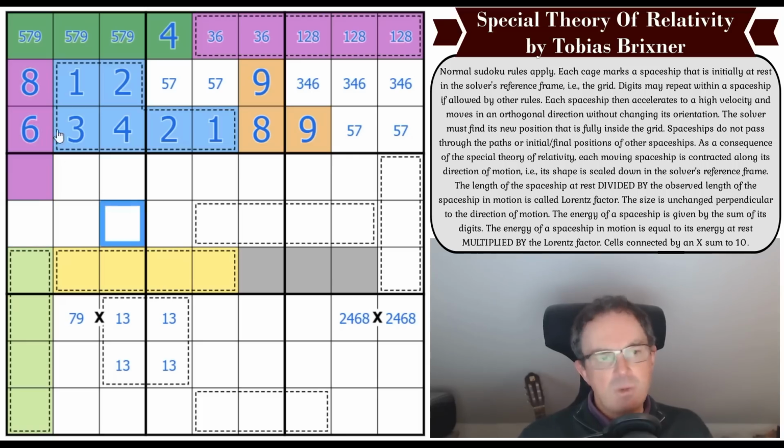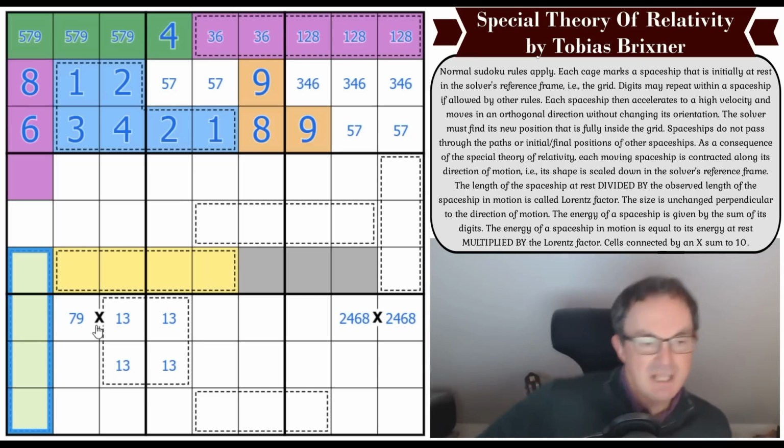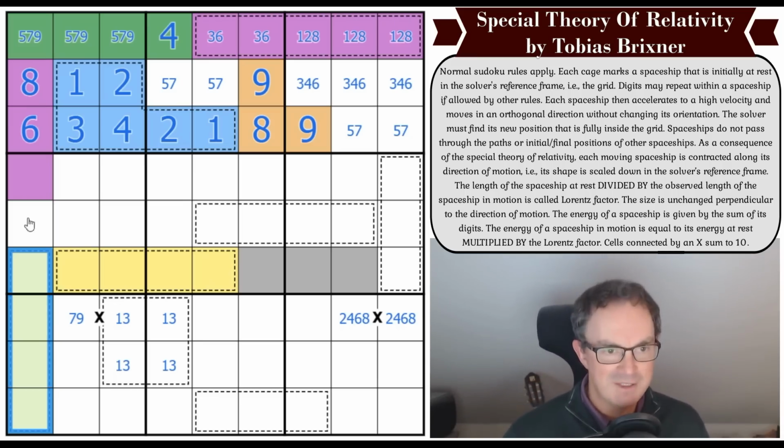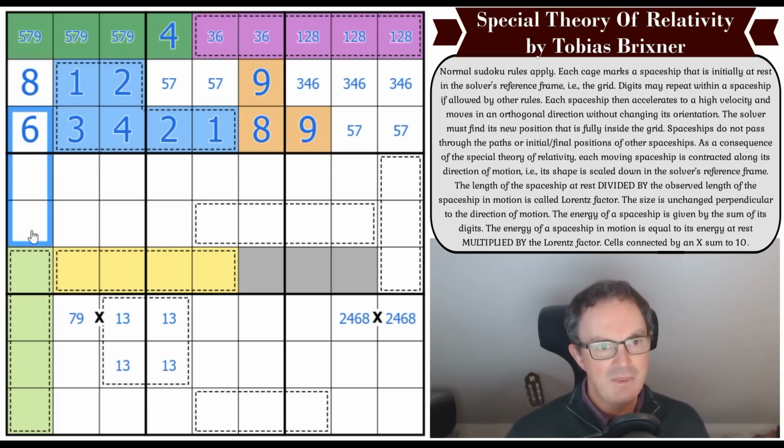Yeah. Another way of seeing that is that this would be a 16 cage, that would be a 12 cage, so this should be a 2 by mathematics, and a 12 cage in 4 cells needs another 2 in it. So it definitely doesn't work for 2 different mathematical reasons. So this is not the spaceship we're looking for. The spaceship we're looking for is that spaceship. And now we know the outies here have to add up to 17, because this cannot add up to 10. This is too big. So that's a 9. Okay,